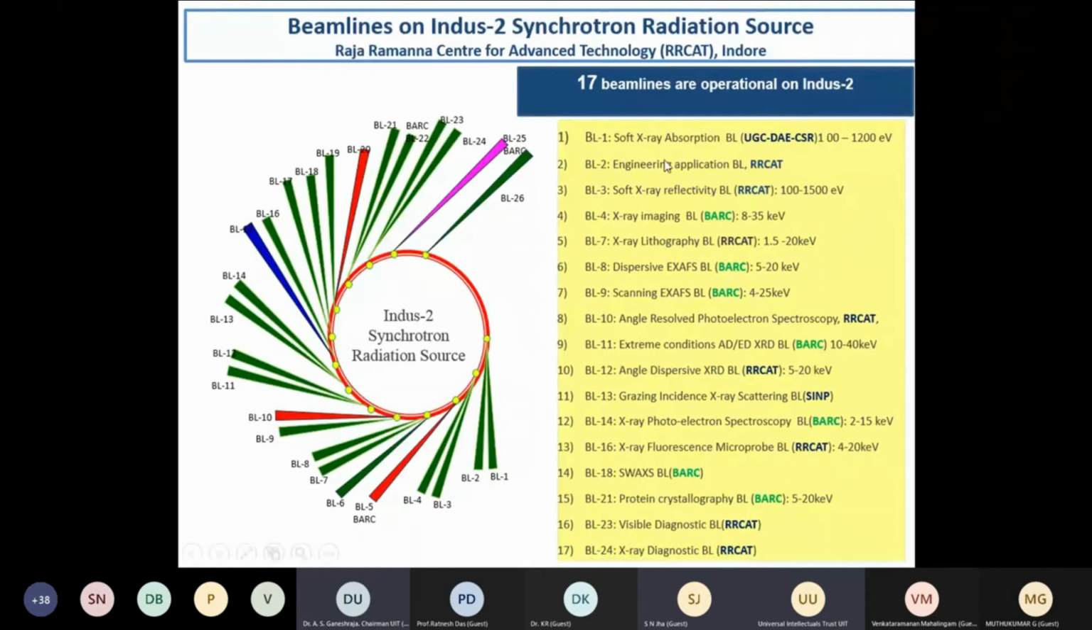Then we also have a beamline for engineering applications, so it can handle large objects for engineering applications, for XRD imaging, XRD characterization. Then we have a beamline for reflectivity in the soft X-ray region, and this is the beamline for X-ray imaging, BL4, which is in the energy range of 8 to 35. And we also have BL7, that is for micromachining, X-ray lithographic kind of study, and this BL8, which is dedicated